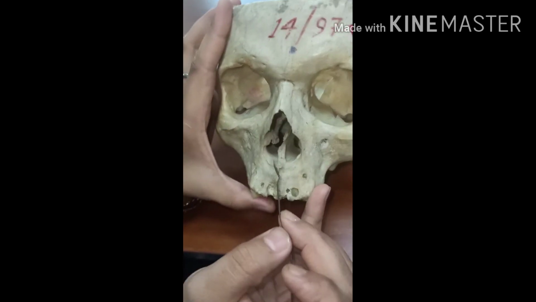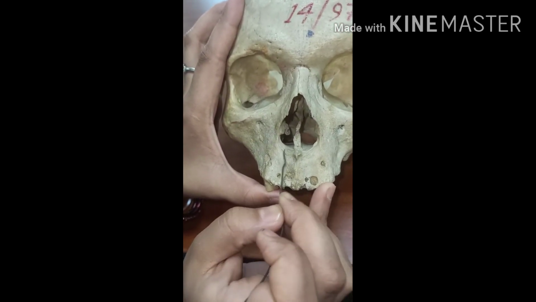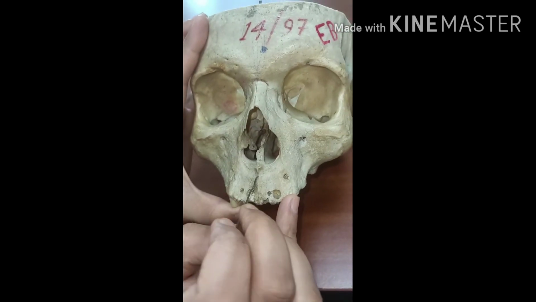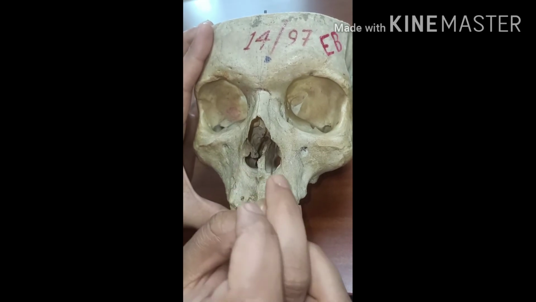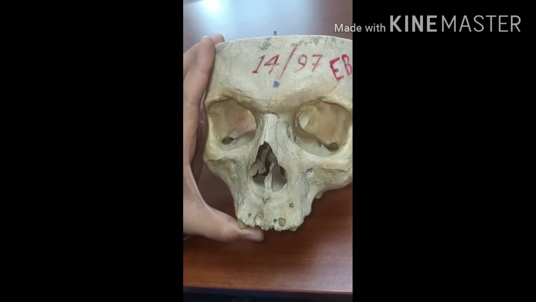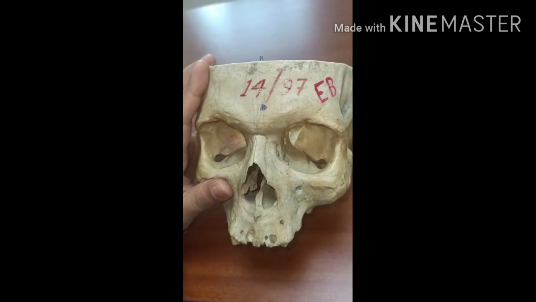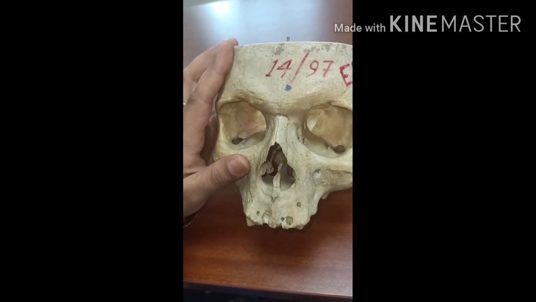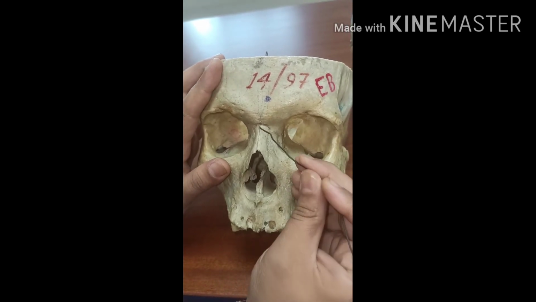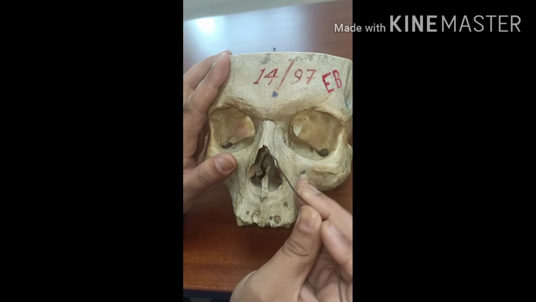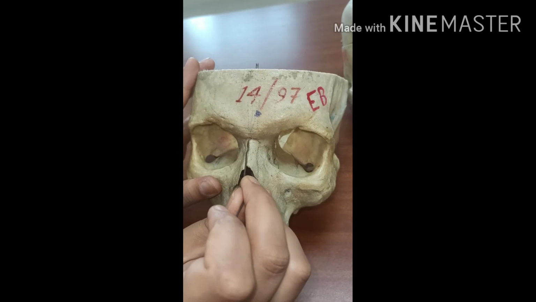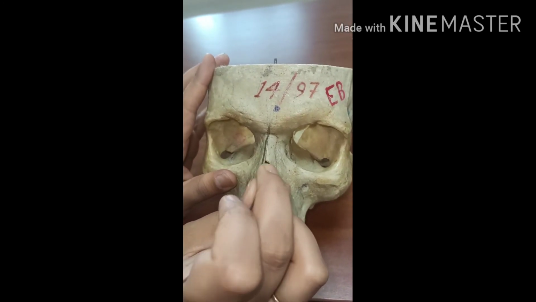Now the anterior nasal spine, you can see this is a sharp projection in the median plane. This is the sharp projection in the lower boundary of this pear shaped aperture. This is the anterior nasal spine. What is another point? That is rhinion, R-H-I-N-I-O-N. Rhinion is the lowermost point of the internasal suture. This is which suture? Internasal suture. What do we call its lowermost point? Rhinion. Okay, and what was this? Nasion. And which point was this? Glabella.